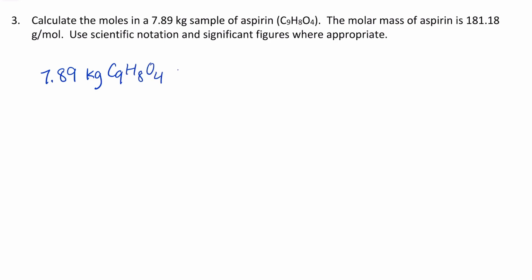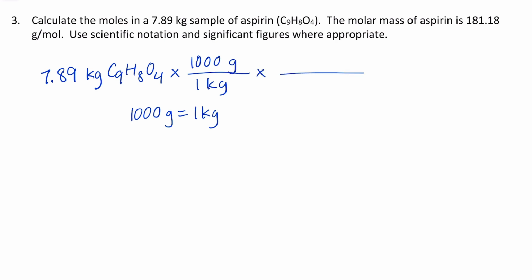We're going to convert this to grams first because we need to convert this to moles eventually, and 1,000 grams is 1 kilogram. So we're going to say 1 kilogram and 1,000 grams,